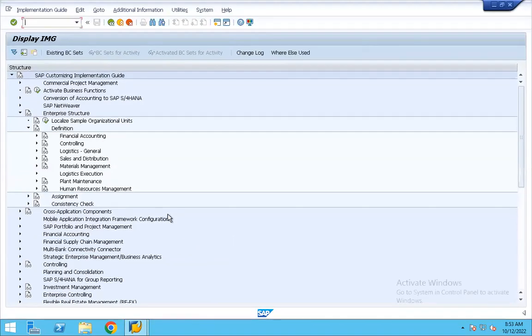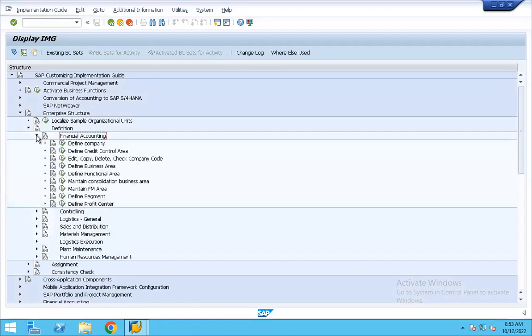You are already aware that the organization level just below the client was the company code, and we will configure the company code over here. So how will we configure the company code? Can you see the third icon, edit, copy, delete, check company code? Yes. Okay.